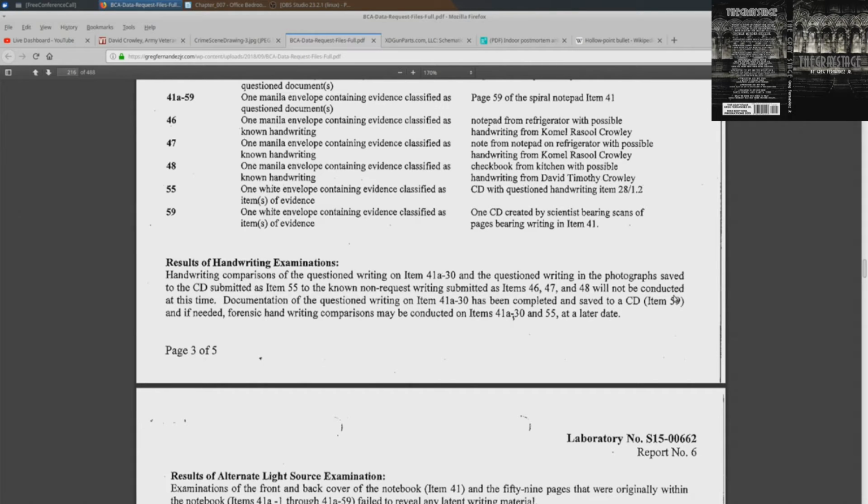What they're saying is they're not going to do the handwriting. They're basically not going to find out who wrote this, and it makes no sense. If you're going to do one thing regarding handwriting, it should be on proving that David actually wrote, "Submit to Allah, open the rise now."